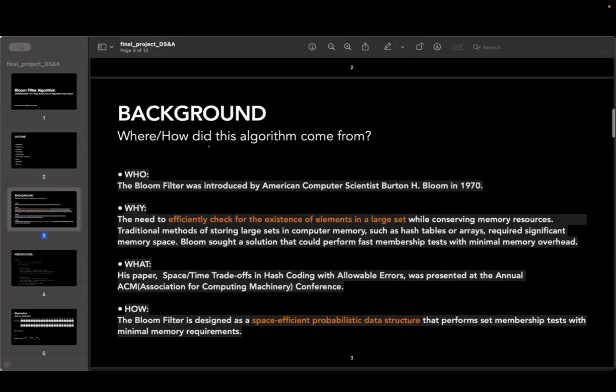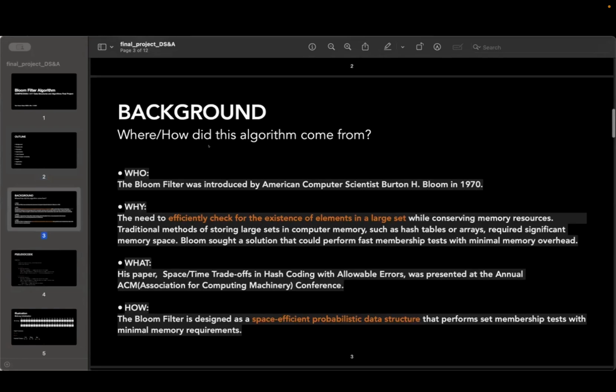So, where and how did this algorithm come from? This bloom filter was invented by Mr. Bloom, so it was called bloom filter. It has nothing to do with flowers. And why did he want to solve this? Why did he need this algorithm, or why did he want to invent an algorithm? Because back in 1970,